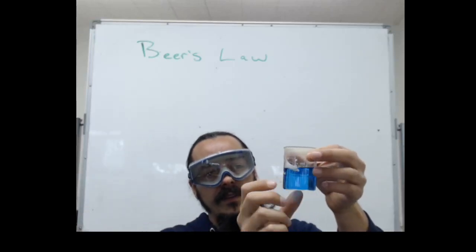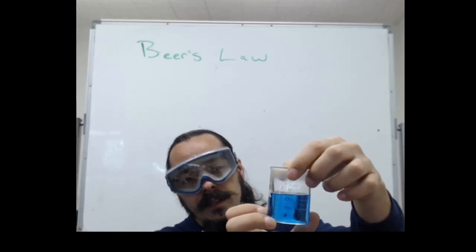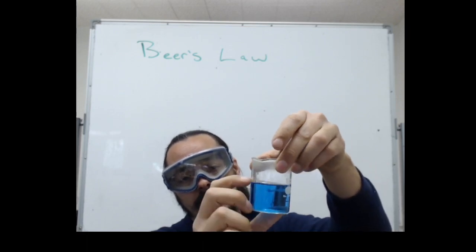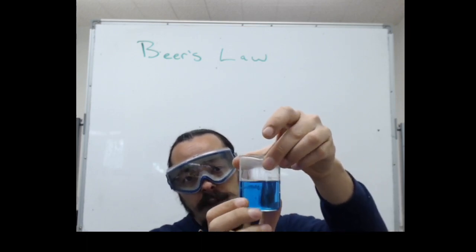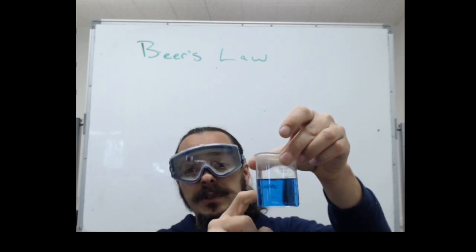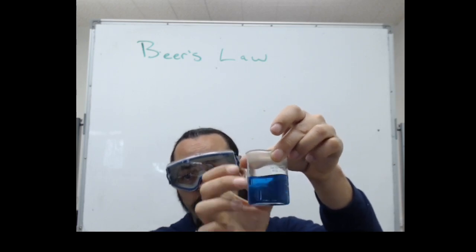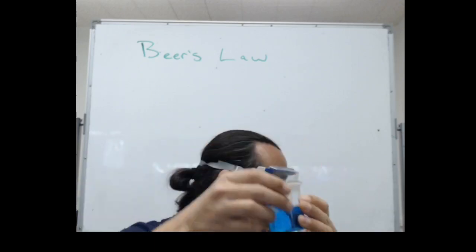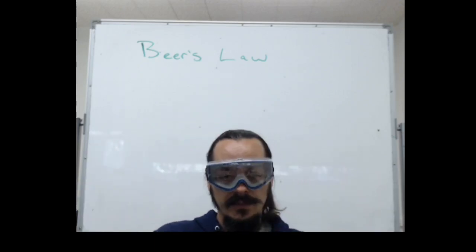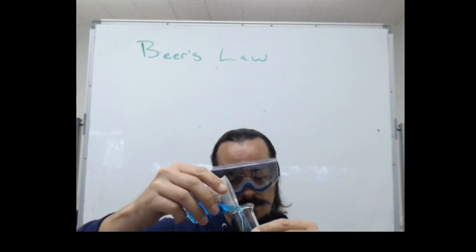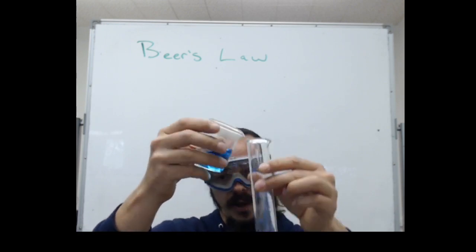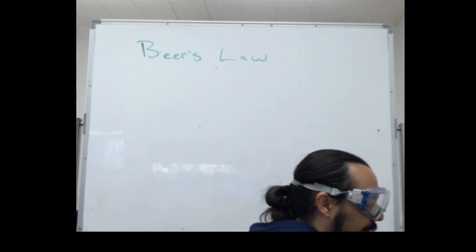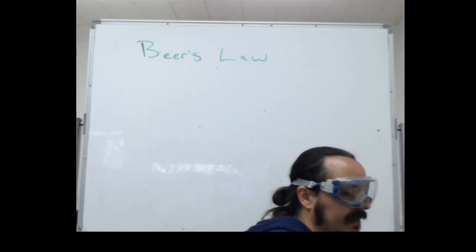Inside of this beaker is a blue solution. There are molecules inside, blue dye molecules, which make this solution appear blue. And then there's also water that's creating some amount of volume. If we take this and measure out some amount, about 30 milliliters of the blue dye, and then add in some water,